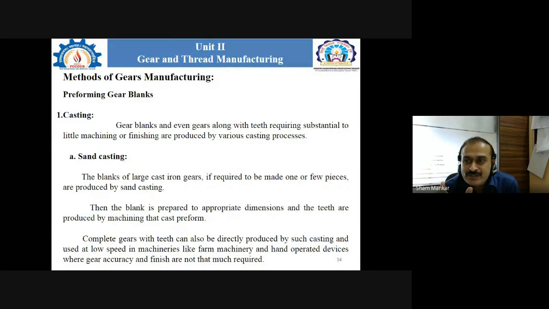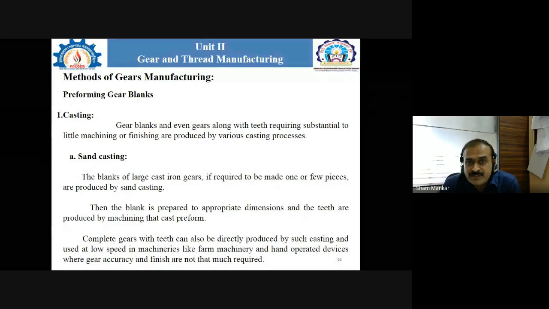It is actually a workpiece material, from which we are converting that workpiece material into the required shape of the gear. So we can define that as a gear blank. Even the gears along with the teeth, requiring substantially little machining or finishing, are produced by